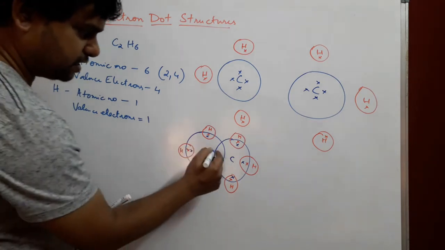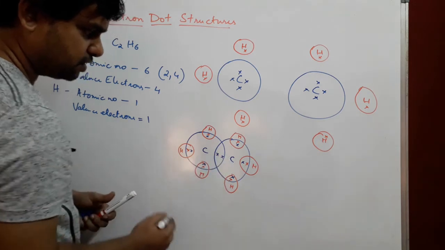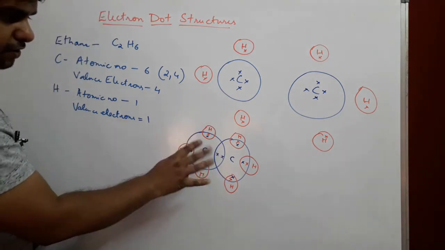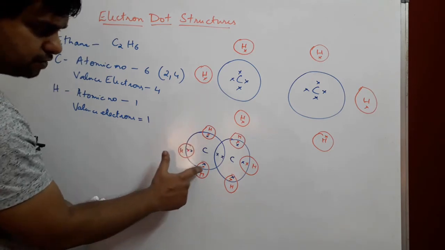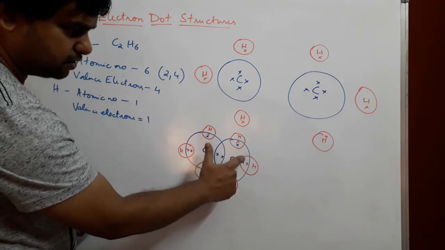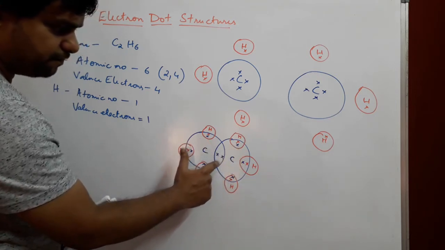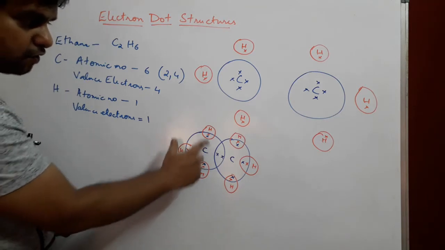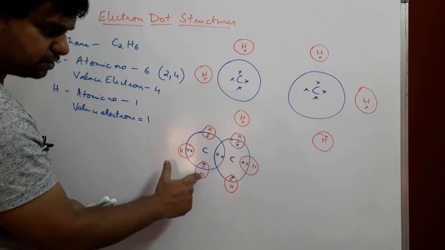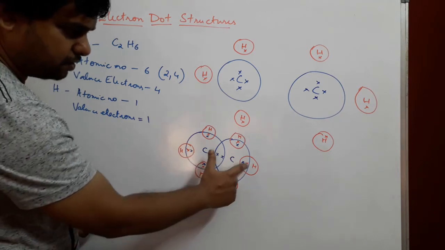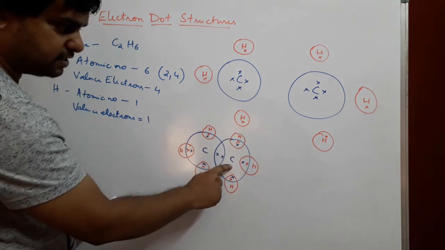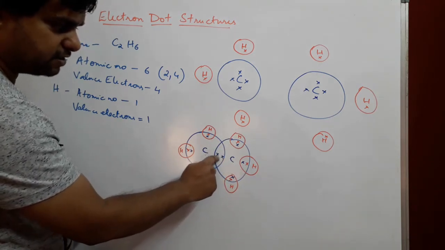And these two carbon atoms also end up sharing one electron each with each other. Take it as cross and cross. So in total, each carbon atom has now shared 4 electrons: 1, 2, 3 and 4. Same with this carbon atom, it has shared 1, 2, 3 and 4. Who are these 4 being shared with? With 3 hydrogen atoms, 1, 2, 3 for this carbon atom, 1, 2 and 3 for this carbon atom, and the additional one is being shared with the other carbon atom.